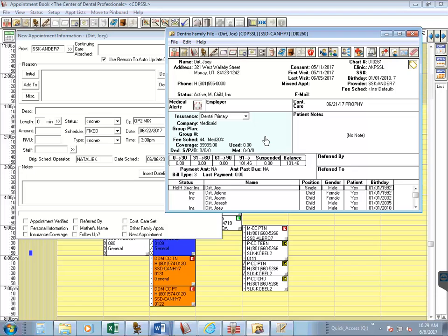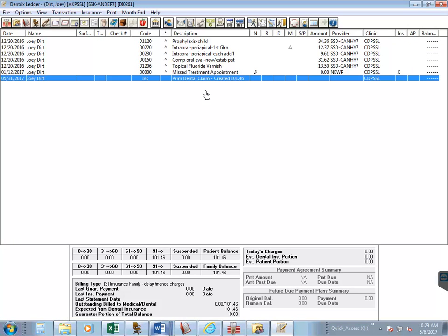The next thing we're going to do is open up the ledger. You can come up here to the icon tabs, and if you hover your mouse over the icons, it'll show you what they are. This little tooth is the patient chart, and this notebook with the pencil is the ledger. So we're going to hit ledger, and the things that we're going to look for in here is who the patient last saw, which doctor they were seen with last, in what location,